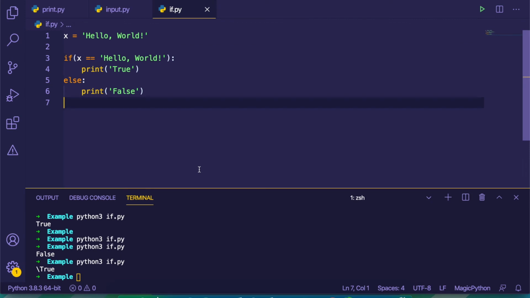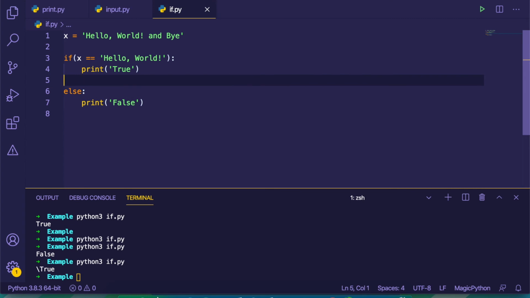Okay, so now what if we wanted to check more than two conditions? Here, if I just have hello world and bye, this will return false, but we are going to check for another condition where, if this is also true, print this.